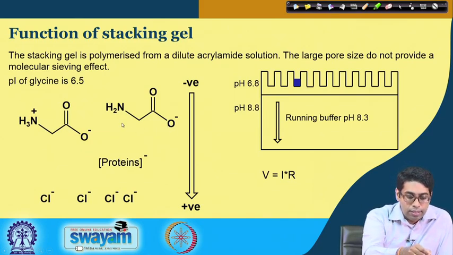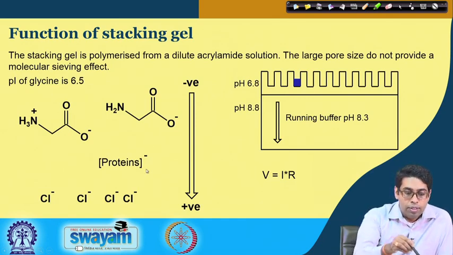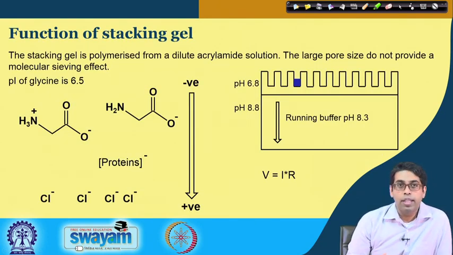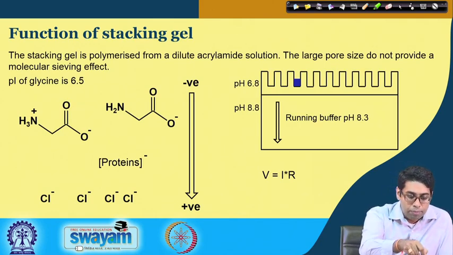So, when the voltage increases in this region, the protein ions start moving faster. And one trick that we use for this stacking gel is that a very dilute acrylamide solution is used, which means that the pore sizes are very large. So, there is no sieving effect. Small molecules, small proteins, large proteins all can easily pass through this gel. So, all of them pass through the pores quickly, and since the local voltage is high in this region, they will quickly reach the chloride ions.